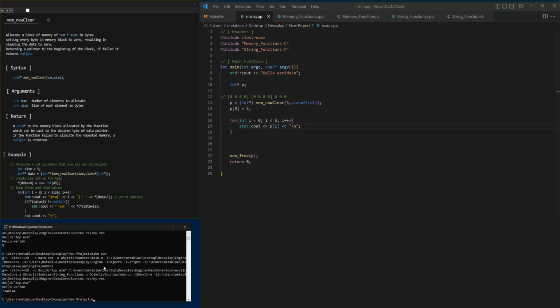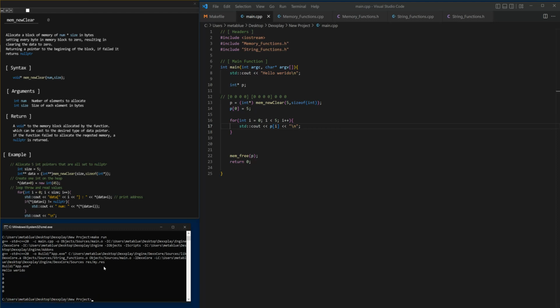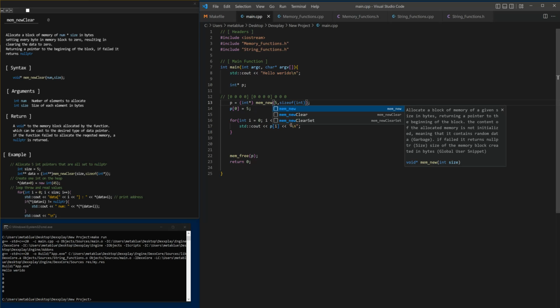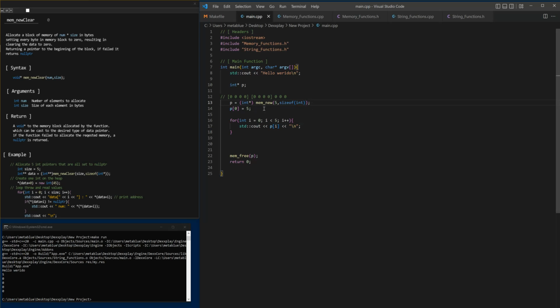We will run this. And as you can see, besides the first one we set to 5, all of them are 0. And just to show that mem_new does not clear anything. Truthfully, they probably will be 0 because we've already cleared them, but I'm hoping we get